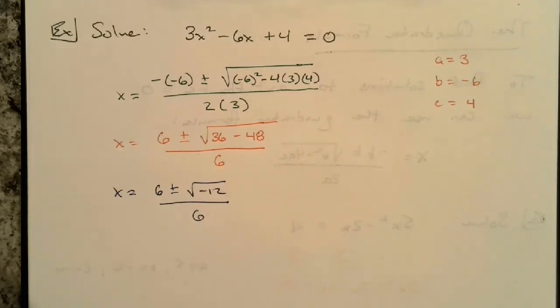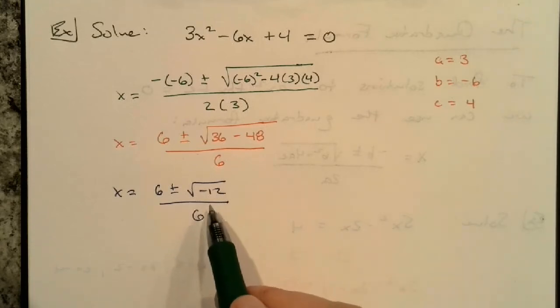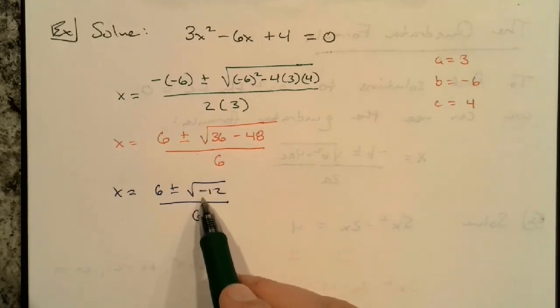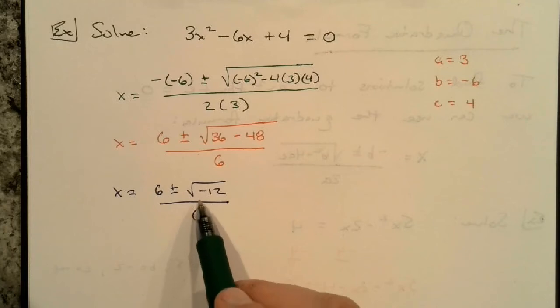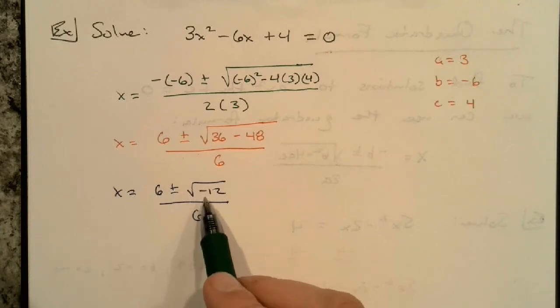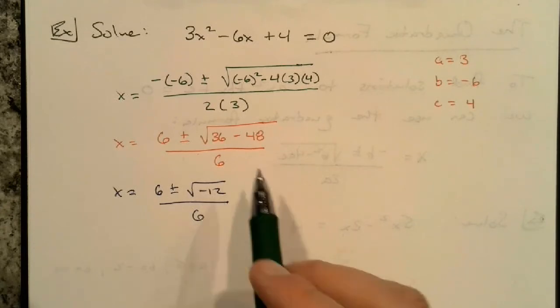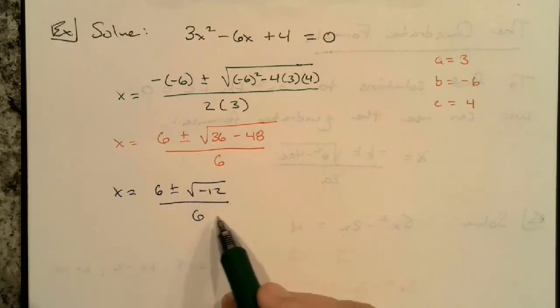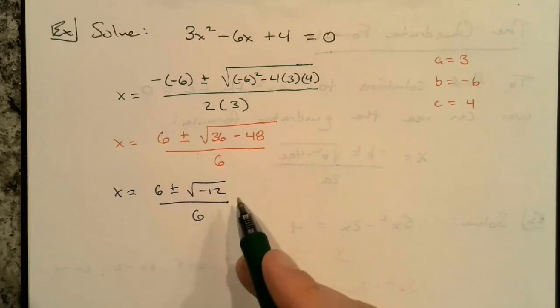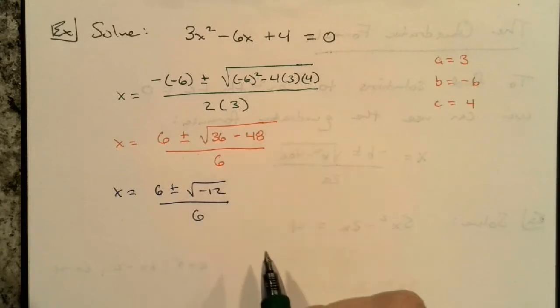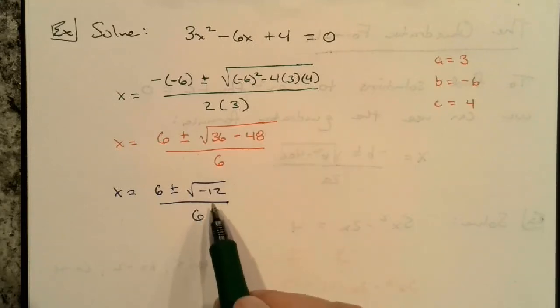The second thing to acknowledge is that you want to simplify this square root here. The square root has a negative inside of it, right? So a negative inside of the radical gives us imaginary solutions. Now I still want you to solve this with the imaginary solutions. If it was something that you're looking at on a graph, this would just tell you that you have no real solutions. But because we're just trying to solve this, we'll take a look to see what kind of answers